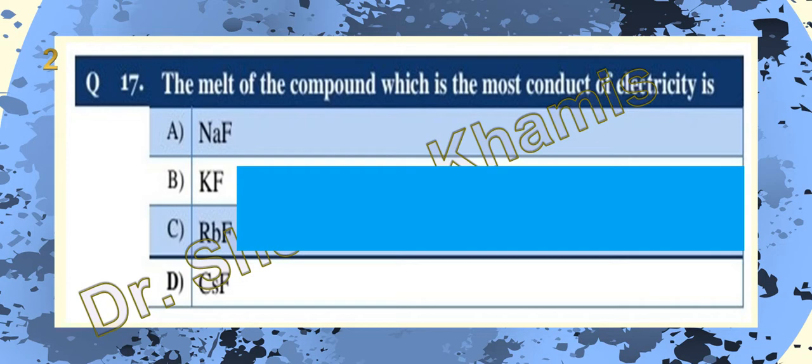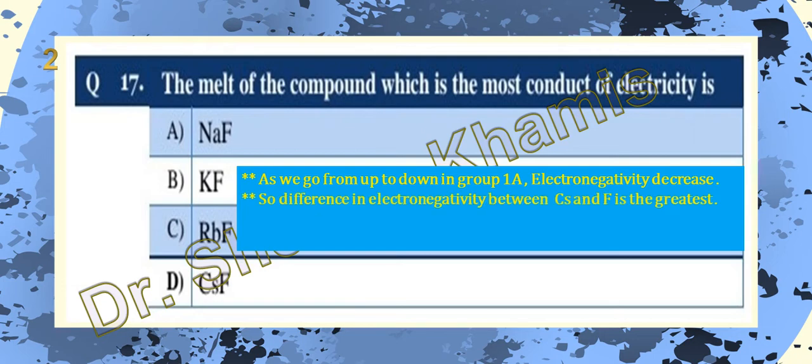All these compounds belong to only one group, group 1A. What are the properties that belong to this group? In group 1A we have sodium, potassium, rubidium, cesium. As we go from up to down in group 1A, what happens? Atomic size increases, so the electronegativity decreases, and the difference in electronegativity between the elements and fluorine, which has high electronegativity,